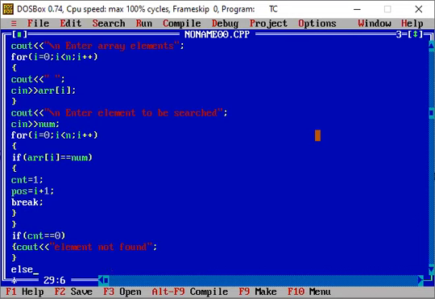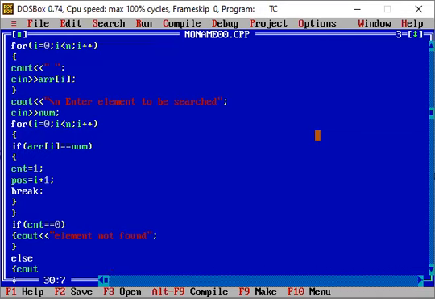So at that time, what will be there, that is cout: element found. So we will just tell where I am finding that particular element.